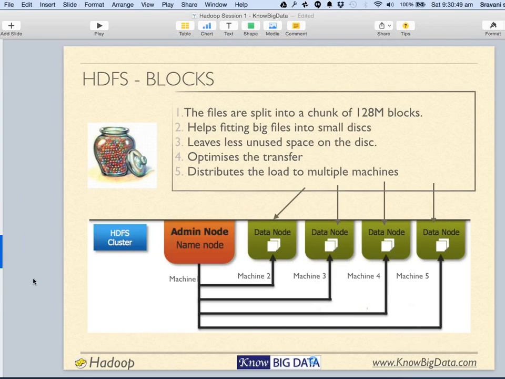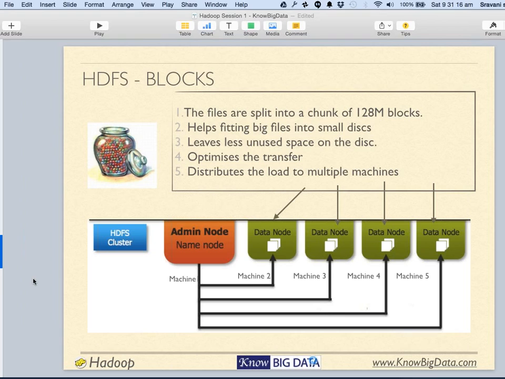Yeah. Next point is that the name node also contains the folder structure, the file name, and other information you want to store about the file. So the whole tree structure of the file system is inside the name node, while the data node only contains the file.